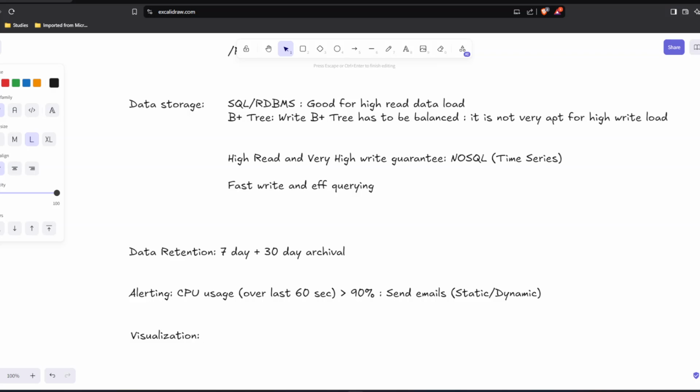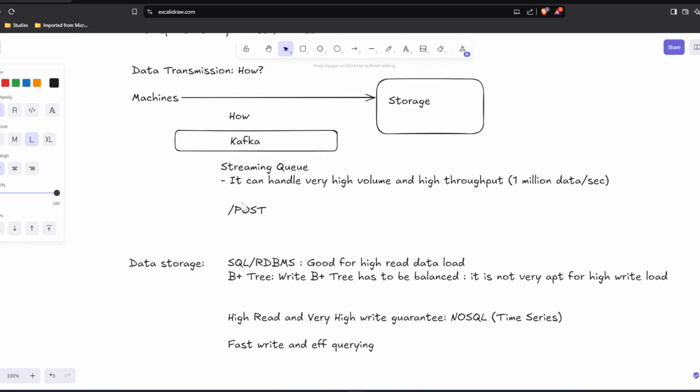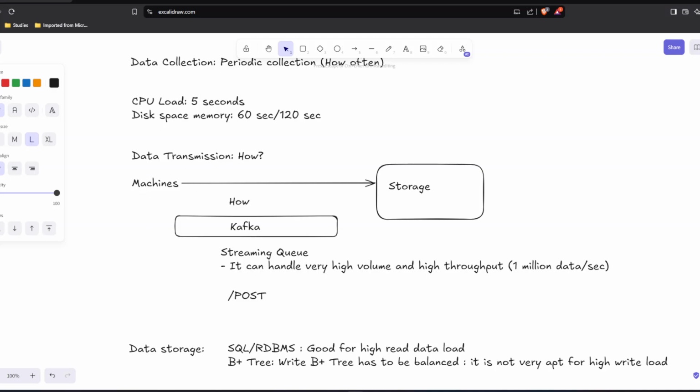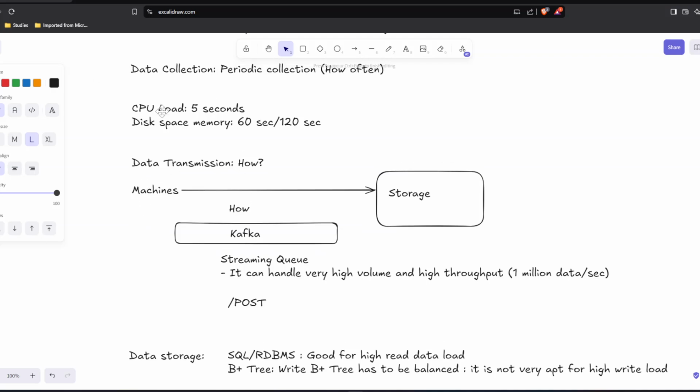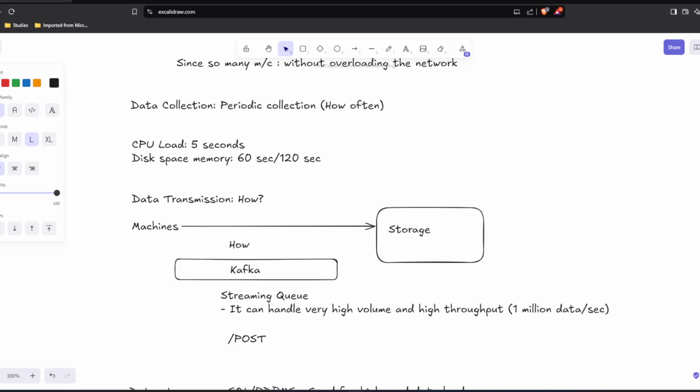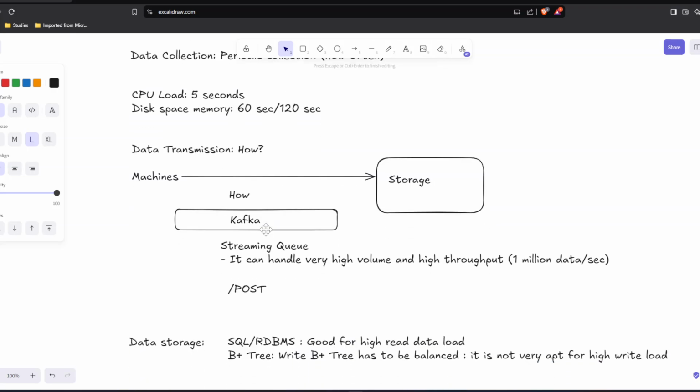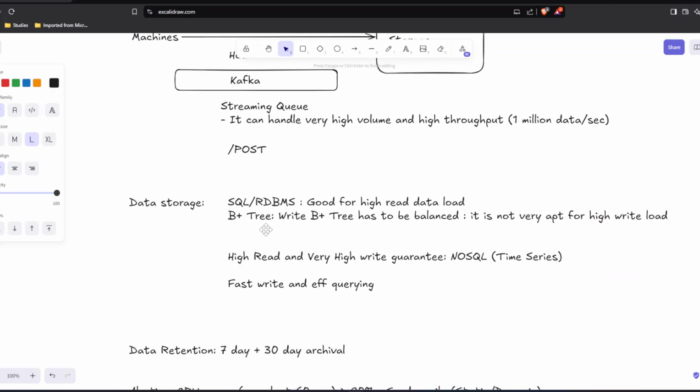The basic building blocks of the system are that we have to collect the metrics very efficiently. At first, the data collection will come into play. Then we transmit the data reliably using tools like Kafka. Next, we are going to store it in a time series database and apply the data retention policy with a scheduled